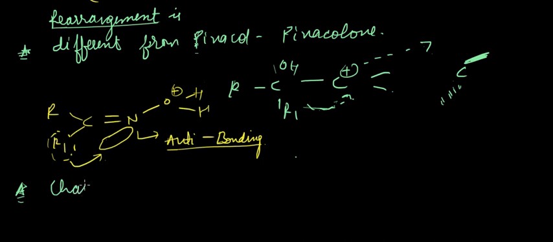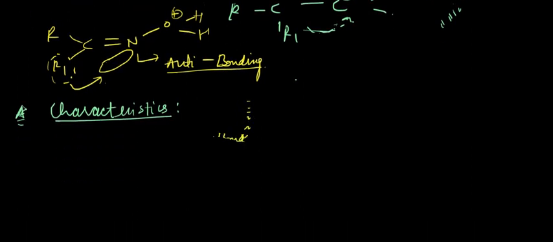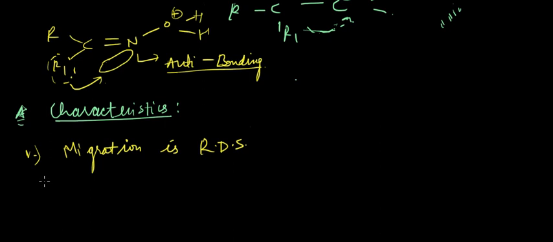So let me write down the characteristics. So we have something like, the migration is the rate-determining step. Second point would be concentrated H2SO4 is preferred over dilute H2SO4 in Beckmann rearrangement, because in dilute H2SO4